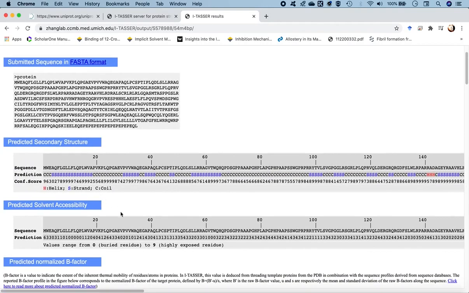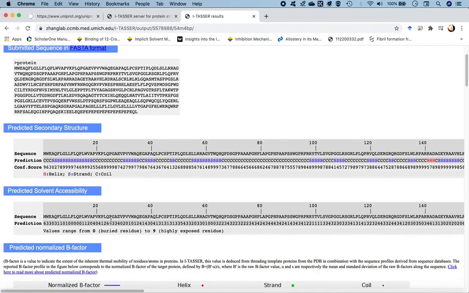Okay. So next we go to the predicted solvent accessibility. The solvent accessible surface area generally gives you an idea of the amount of buried residues or the amount of highly exposed residues. So the residues which should be lying at the periphery of the structure, or the residues which should occupy the inside of the structure. And most of the buried residues should constitute the binding pocket to the ligands or the antibodies that are supposed to bind to LAG3. So the values range from 0 to 9, with 0 being completely buried residue and 9